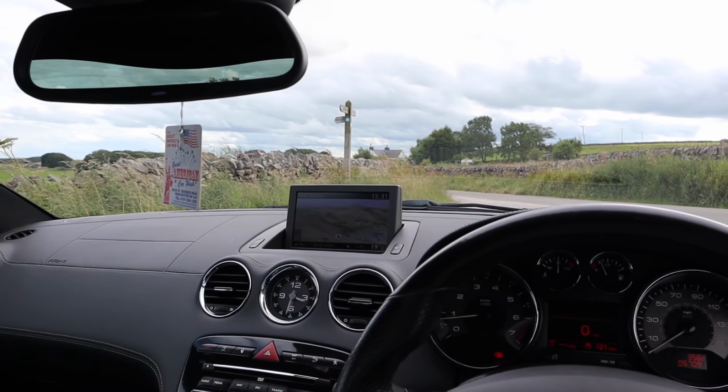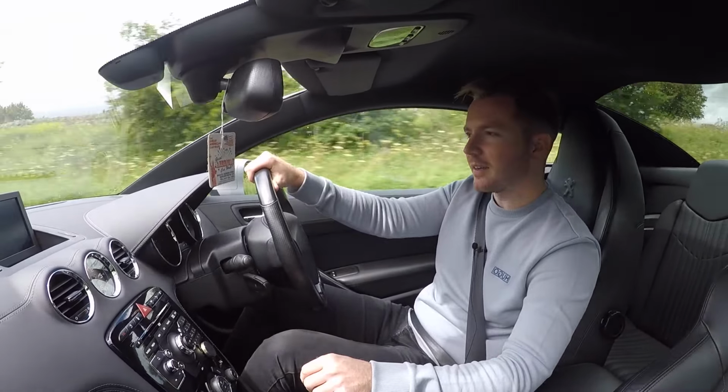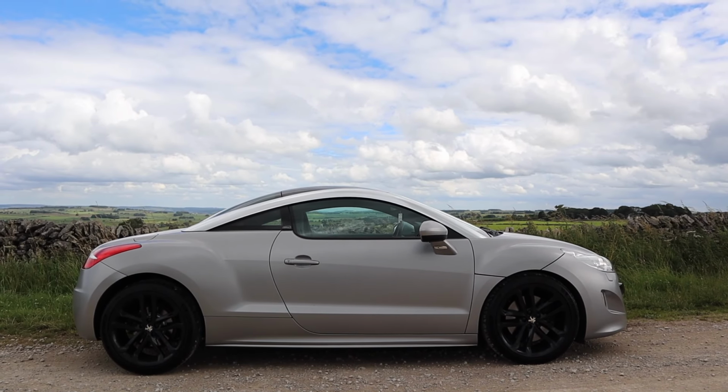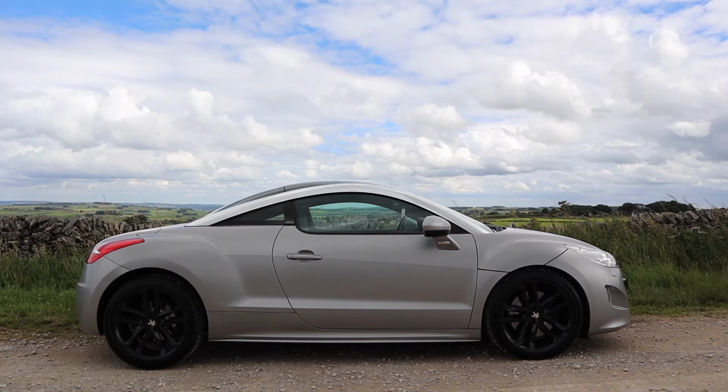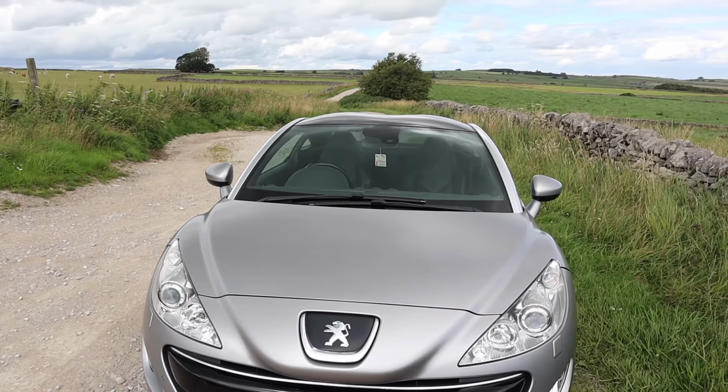It's much easier to get lost, stop and ask somebody for directions than it is to try and figure out how to operate it. But no, it really does have everything that you could possibly need. And even though this car is nearly 9 years old, everything works. Visibility isn't brilliant, the windows are quite narrow, the A-pillars are quite thick,